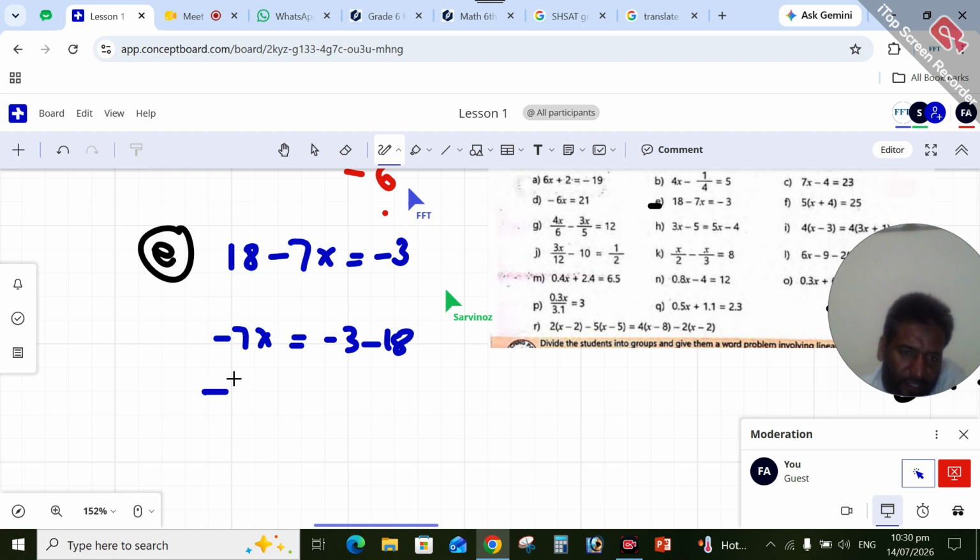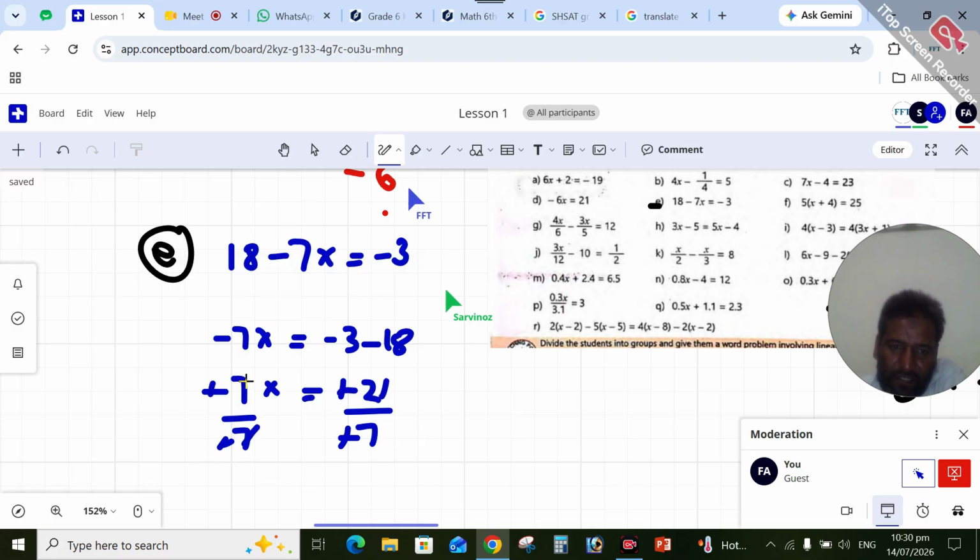And here negative 7x into negative 18, negative 3 is negative 21, right? Okay, now this is 7x here and 7x here, negative 7, negative negative plus, this is cancelled here,